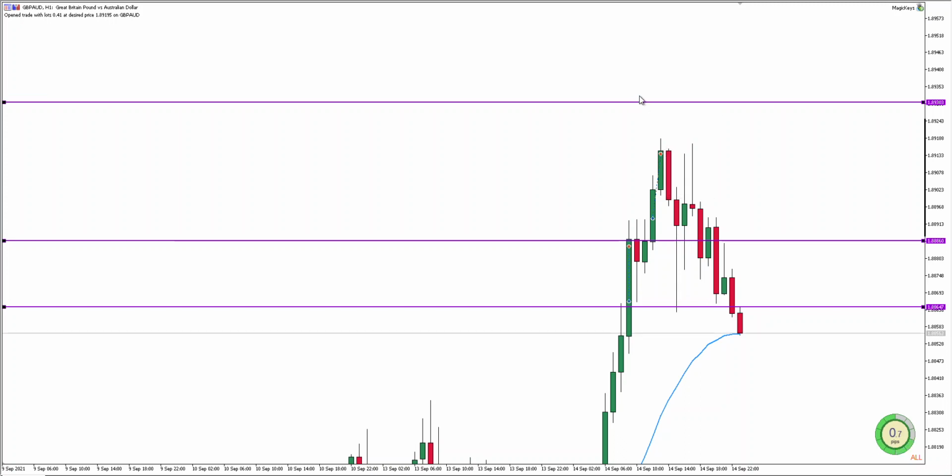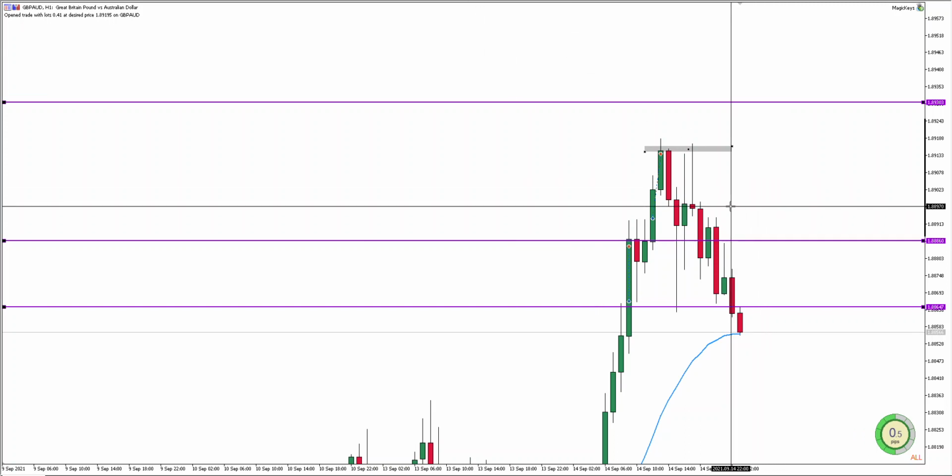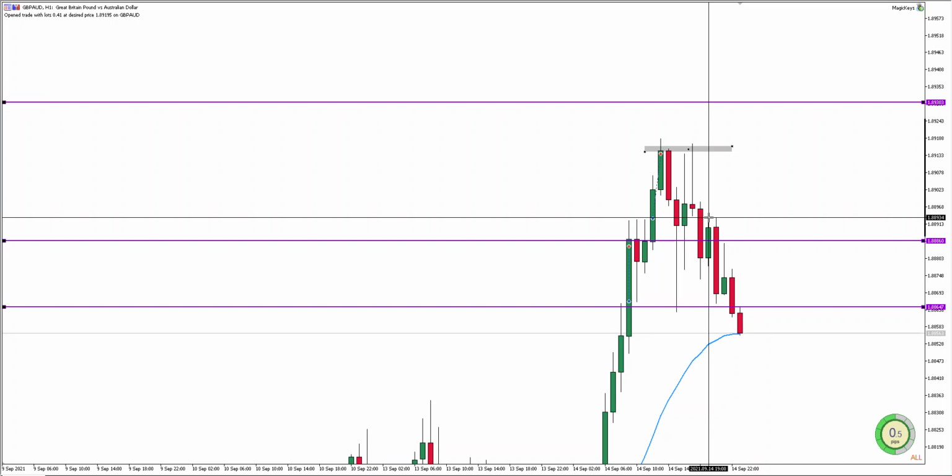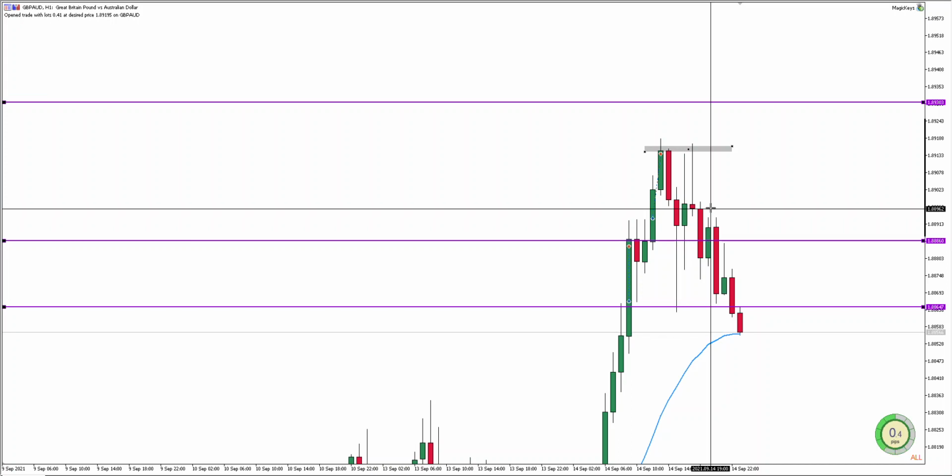Let's see if I can find something new. Well, we form resistance there. This candle rejected the resistance and closed bearish. That was kind of beautiful already. Yeah, I think we could have taken a trade. Well, the problem is maybe the stop. If the stop is like 21 pips,